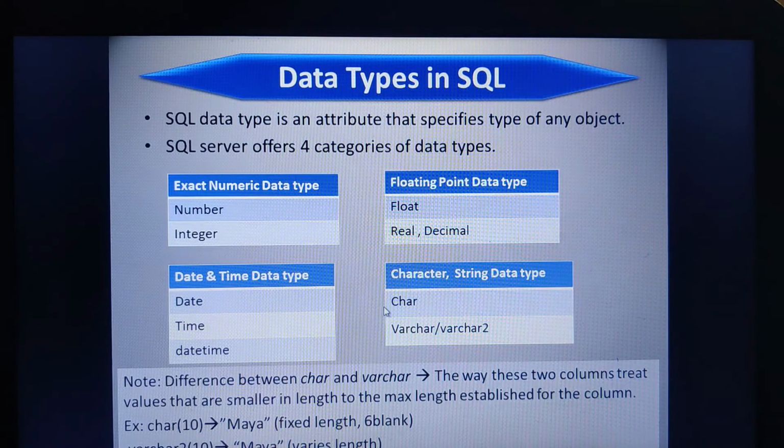But if I'm using the data type varchar2 of 10 and the name is Maya, it is variable length. That means it will store 4 bytes of data and the 6 bytes will be truncated or discarded. That space will never be used by that data. It will truncate.